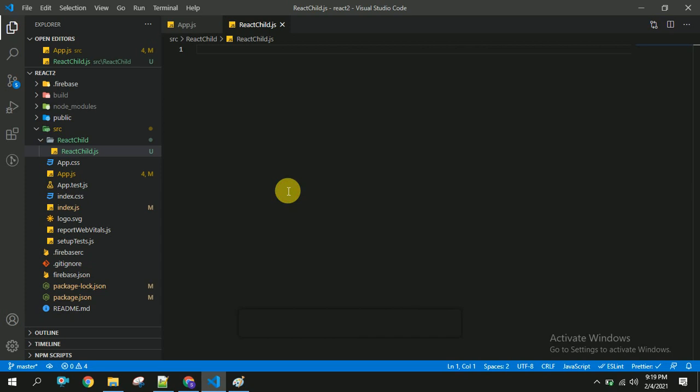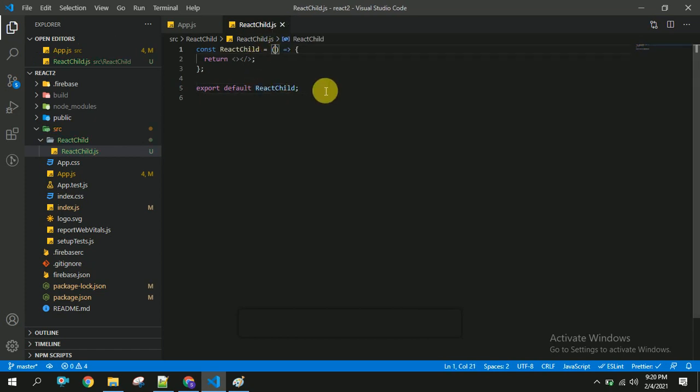Here I am going to create a method, as this is the child functional component. I am using this arrow function, and I am going to export this. Export default ReactChild.